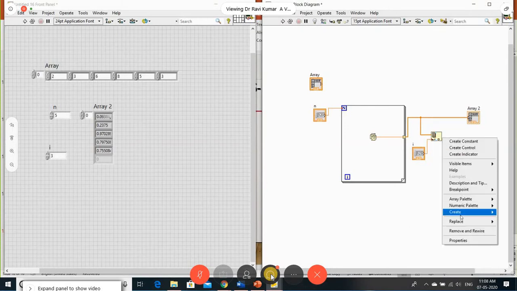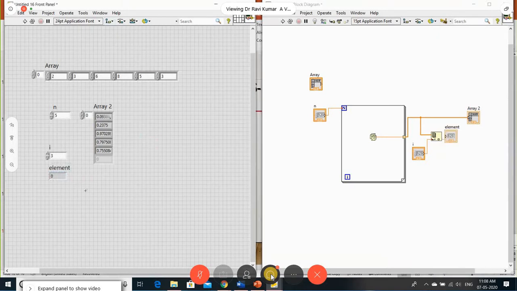That I can see here. So create one indicator. Let me run this. What is the third element? You can see the third element, 0, 1, 2, 3, is 0.0079, whatever your element.